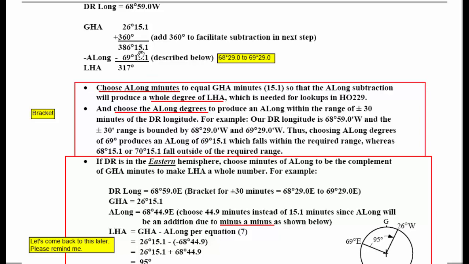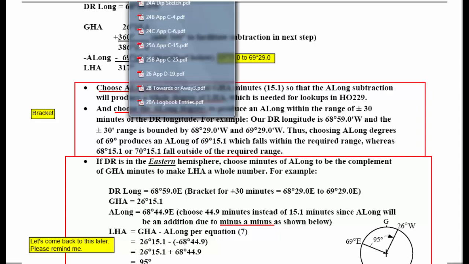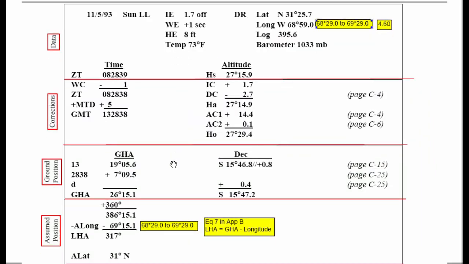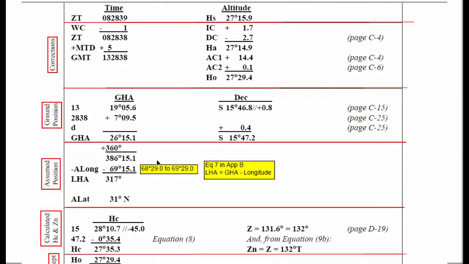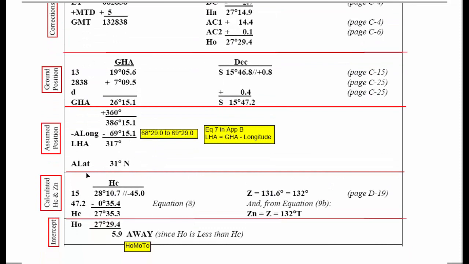So I make this subtraction now, and that gives me an LHA of 317 degrees with no minutes. That's LHA. And let's go back and look at the calculation. And here we are, shown here, assumed position, assumed longitude 69 15.1, LHA 317. And then our next step,